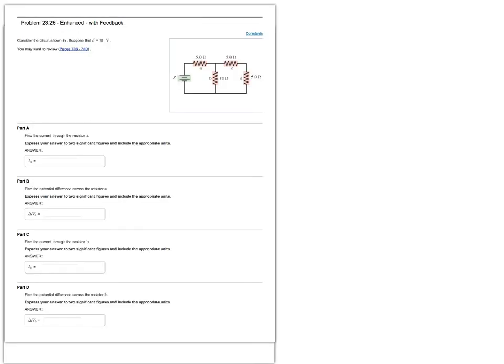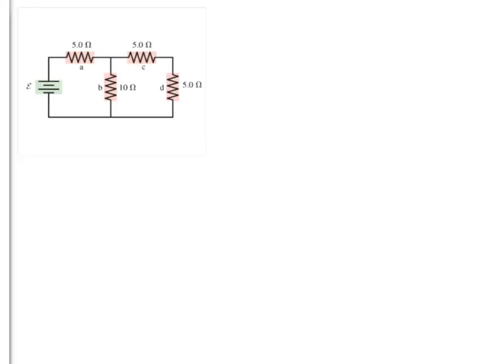For this problem here, we once again want to analyze this circuit and ultimately find the voltage and current through all these resistors. So I'm just going to go ahead and do a complete circuit analysis, and then we'll worry about filling in the answers. So I'm going to start with my circuit here, and I'm going to look for simple combinations that I can eventually combine. So C and D here I see are just connected in series, so the total resistance is just going to be the sum of those two resistors, and so they end up having an equivalent resistance here of